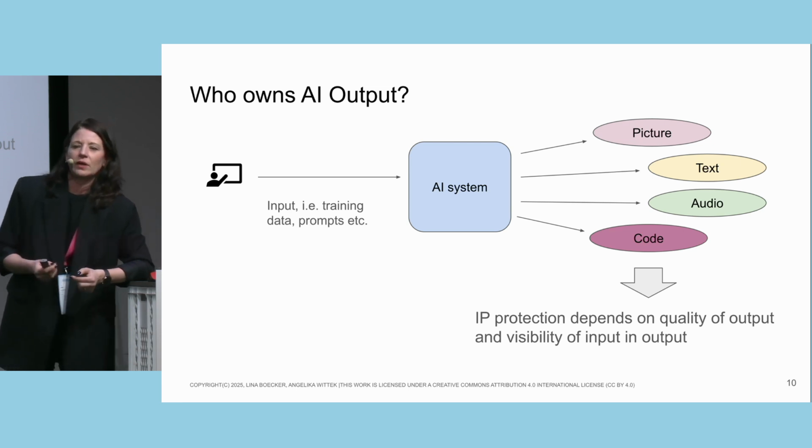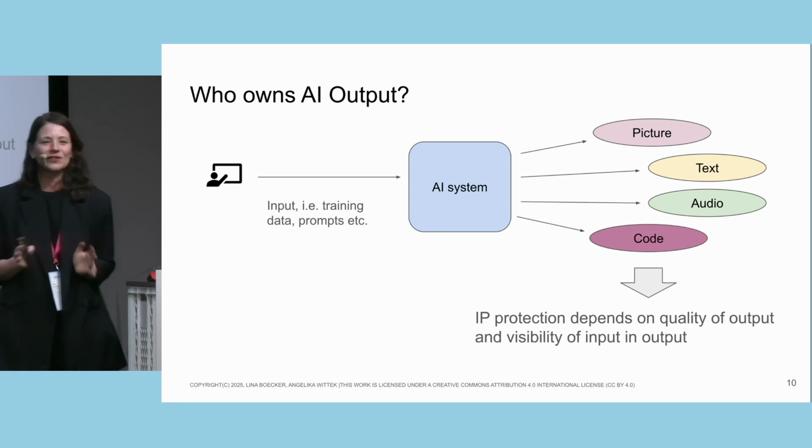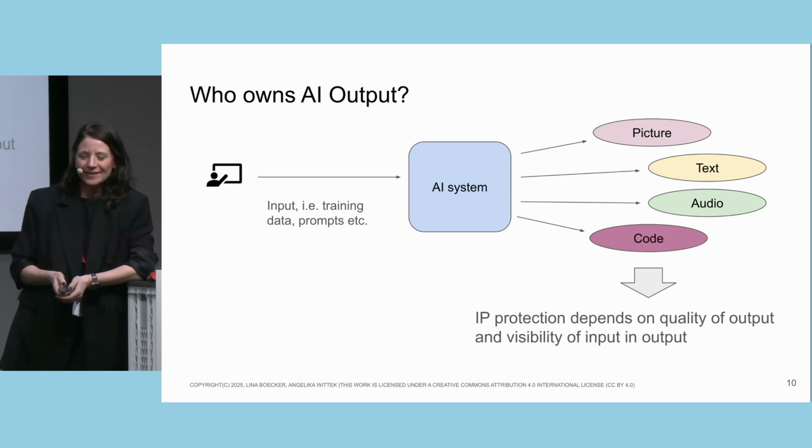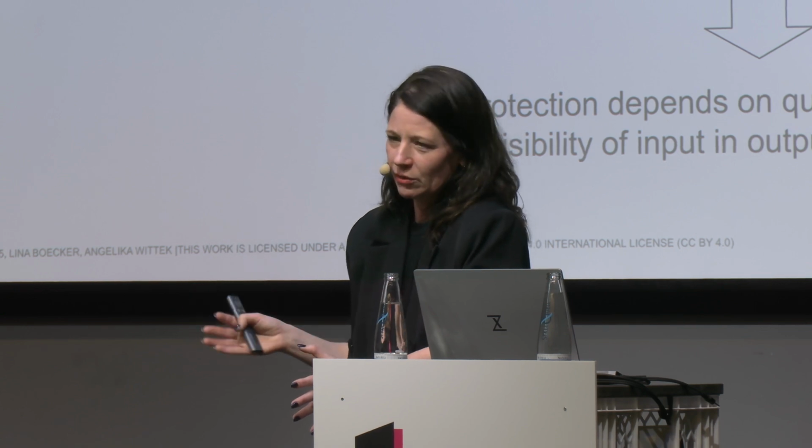So when we go back to AI and what we now know about IP protection, I very often get asked the question, if I create a picture with Stable Diffusion, or if I create a text with a text model, who owns it, the output? And the answer is, as always, when it comes from a lawyer, it depends. I have to say that once, every time. It depends on how much of the actual user of the AI system is still visible and expressed in the output. So if you just have a simple model where you put in some numbers and it gives you like an Excel sheet or something, it's most probably not protected at all.